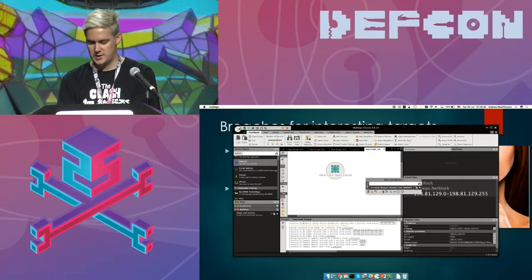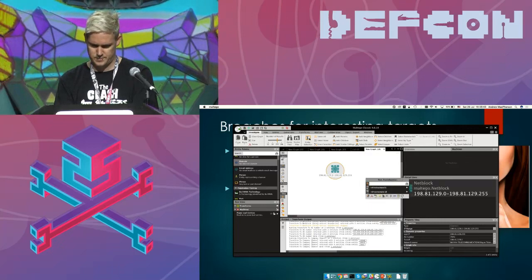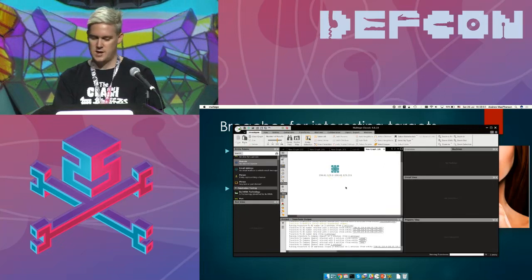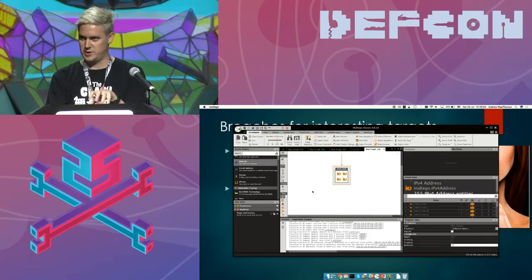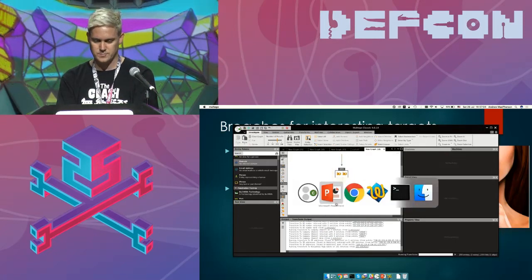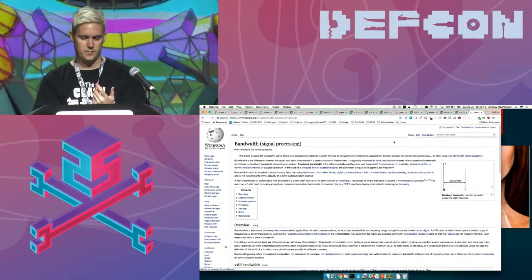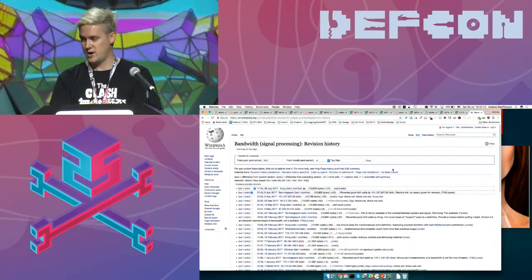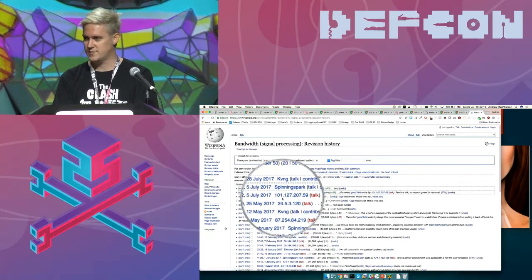The first thing I'm going to do is take it to IP addresses. Where's to IP? Oh, there it was. That just says how many IP addresses are in that block, and pulls them out individually so I can work with them. So one of the first things I generally do, when I footprint their organization and find the CIA uses this net block, is run a transform that says to Wikipedia page edits. The reason is that if you look at a Wikipedia page, you can see who edited it by the history. If you have an account, it will show your username. If you don't have an account, it gives you the IP address.